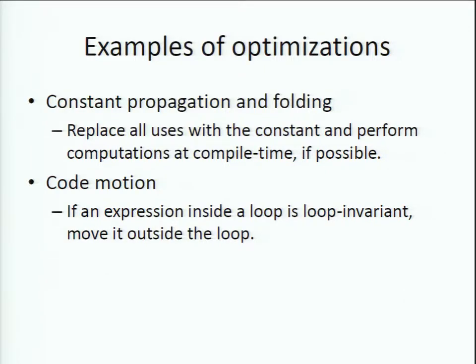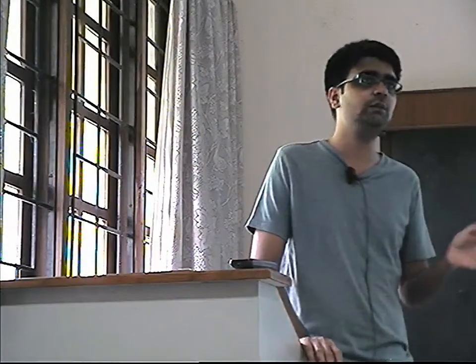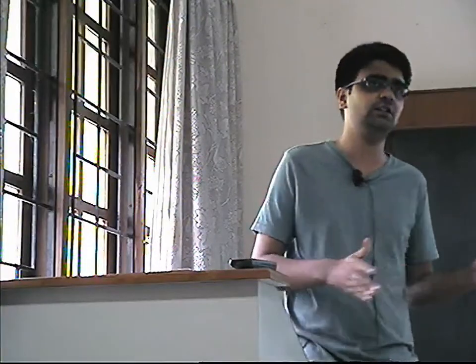Okay, so here are a couple of simple examples of optimizations. So we have constant propagation and folding. What happens is that if in a program a variable is guaranteed to have a constant value, then instead of that variable itself, you can replace all the uses of that variable with the corresponding constant. The advantage is that if you have studied a little bit of assembly language or machine language, you will know that when a variable is used, then it has to be loaded into a register and then the computation must be performed. However, if you have replaced the variable with a constant, then it will be part of the instruction itself, and that's much faster than loading it from memory into a register and so on.